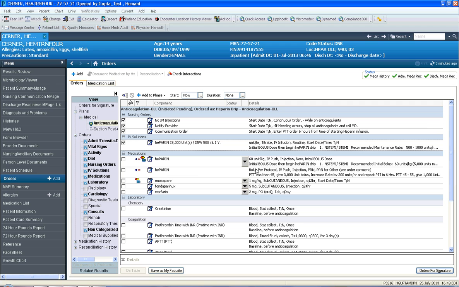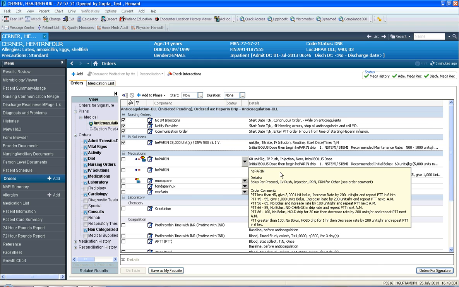And then there's the bolus per protocol order, which is always needed whenever someone is on heparin. It allows the nurses to bolus and rebolus per the protocol. So if you hover over the order details, you see the scale and the bolusing, rebolusing that the nurses will